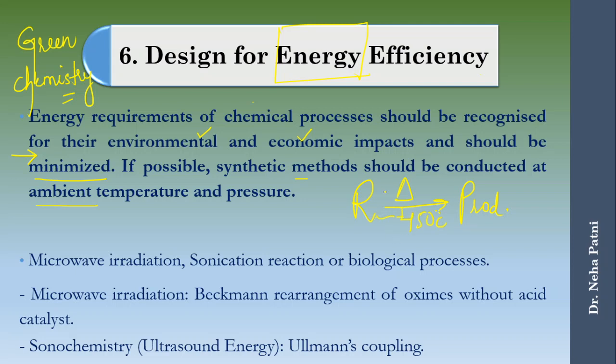So what this principle says is that you try to reduce the temperature. If not ambient temperature and pressure, let us try with maybe 400 degrees. If the product is going good and you are getting good yield, and if at all possible, lesser, maybe 380 degrees. So saving even this 20 degrees is going to save the cost, and is going to affect the environment and economy both. So you design, take a hit and trial, and try to minimize the overall requirement. Minimizing is the major funda here.